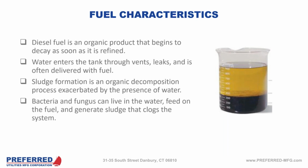Absolutely. Yeah, generally speaking, it's not water getting into the generator inlet itself. Especially with a centralized system, it'll drop out in the main tank and the day tank, but it's all those secondary effects, right? And one of the things I'd like to touch on here while we're getting into this part of the topic